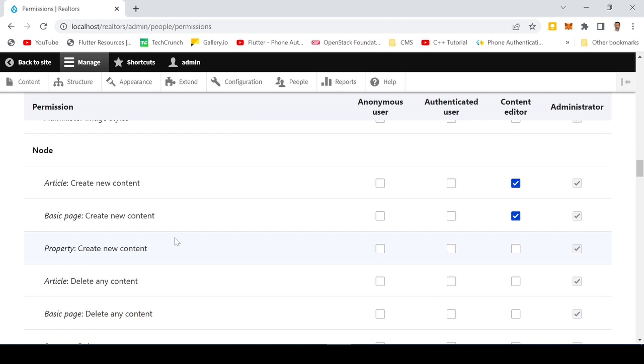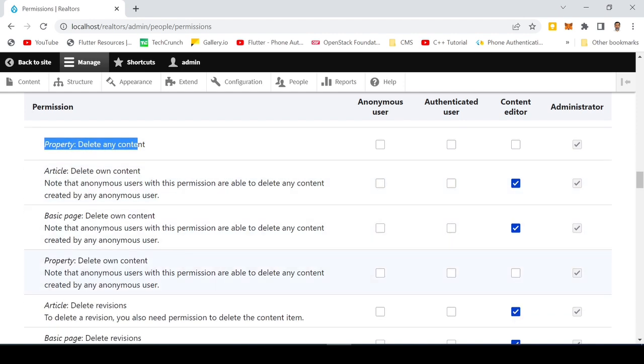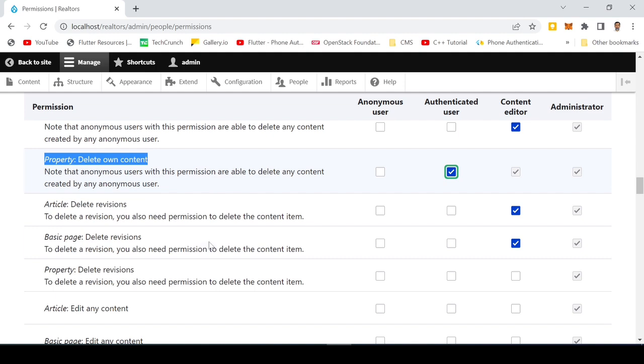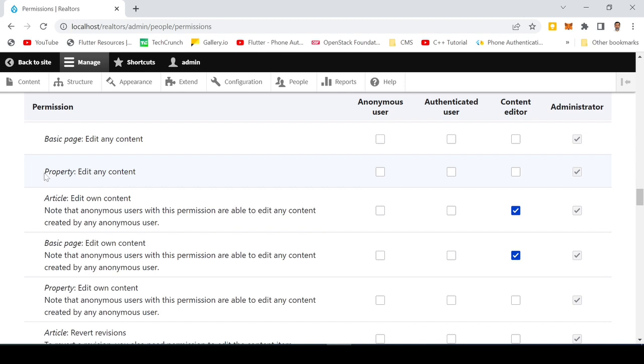Now since we want the authenticated user to add new property, we will come to this option, property, create new content, and we'll click on the authenticated user. If we also want to allow the user to delete his own content, we can allow him to delete his own content. Similarly, if you want to edit his own property content, we can assign him this